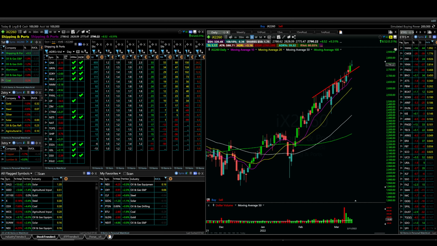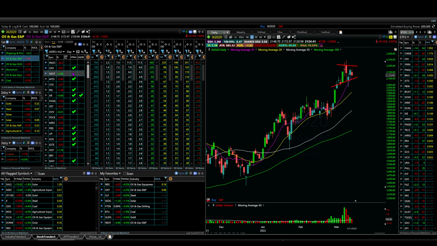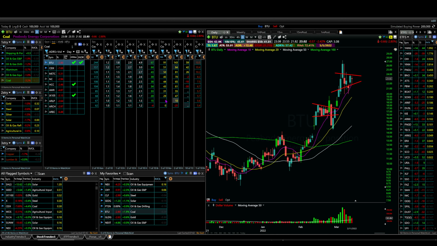Here you can see on the left, these are the same 3 watch lists that I had. I always like to keep track of how I'm ranking these things. Is it good? Is it decent? Then I go one by one and check the relative stocks for these industries. If I click on coal, which as we saw was one of the strongest statistically, and then click on BTU,